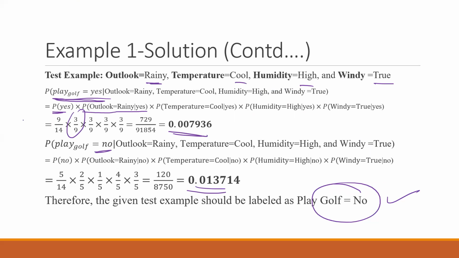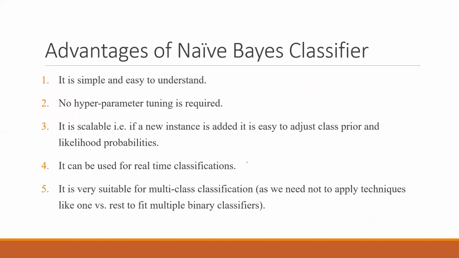Here we can see that we have calculated for yes and no, both. All the values have been taken from the previous tables, and the final call has been taken based on which number is greater. Whichever number is greater, that will be the answer. So in this case, the answer is no.